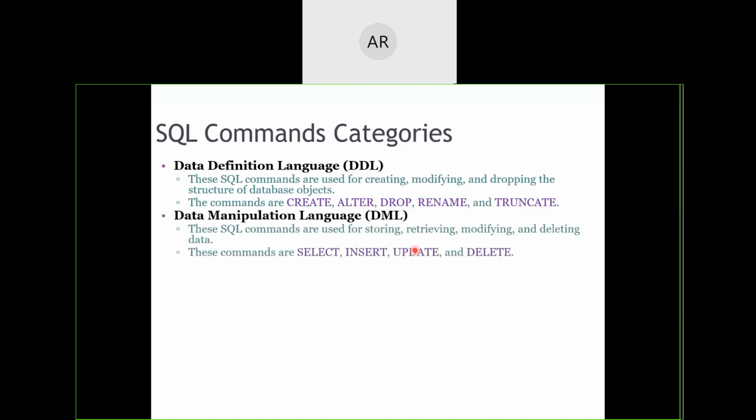DML, we have got manipulation type of commands. Manipulation in the sense that data should already exist, not just schema. I'm talking about data. The values inside this schema should already exist, then only we can modify them. If the value itself is not existing, can we modify it? No. So we have got the first command called select, which will try to retrieve the values from the given schema. Second is insert. It will try to insert new values into the given schema.